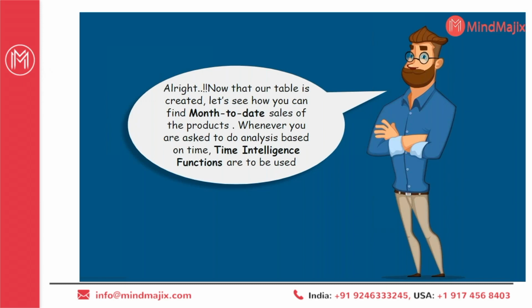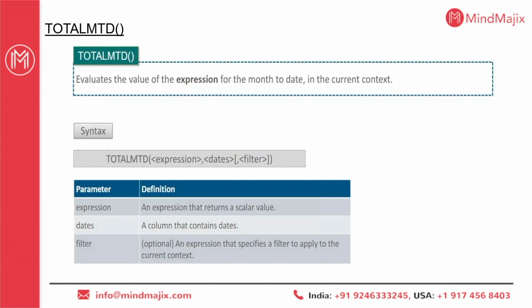Now we are coming to a level where we are actually doing the analysis which is required in any organization. Whenever you are asked to do analysis based on time, intelligence functions are to be used. That's the thumb rule. This is what we needed. Total MTD. What has been my month to date? So when you do your analysis, most of it will be comprising of month to date, quarter to date, year